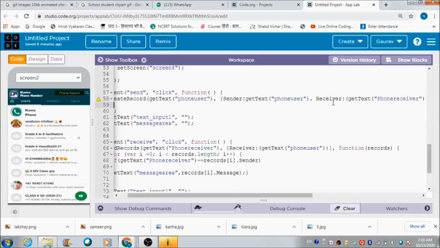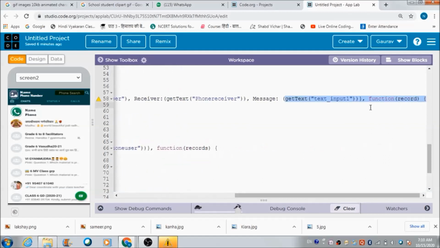Besides, the message part will also be there in that table.